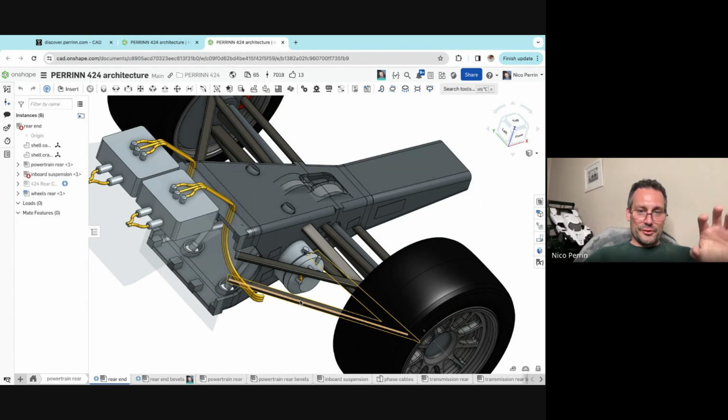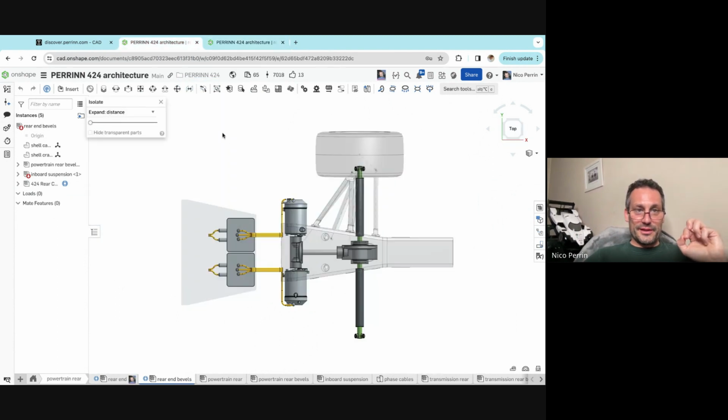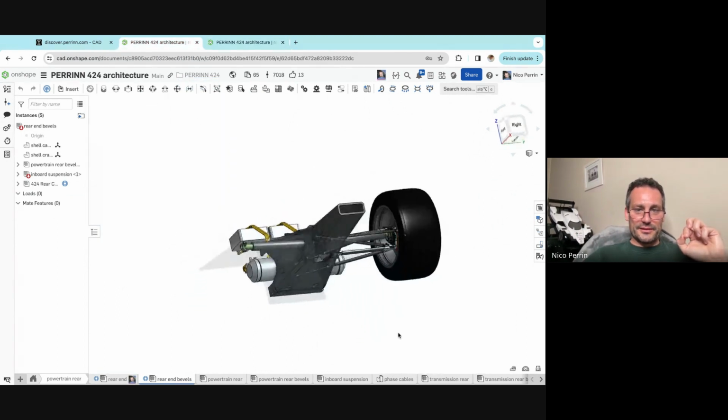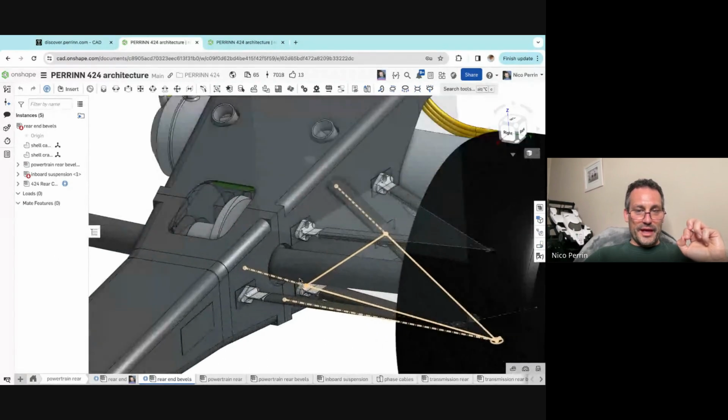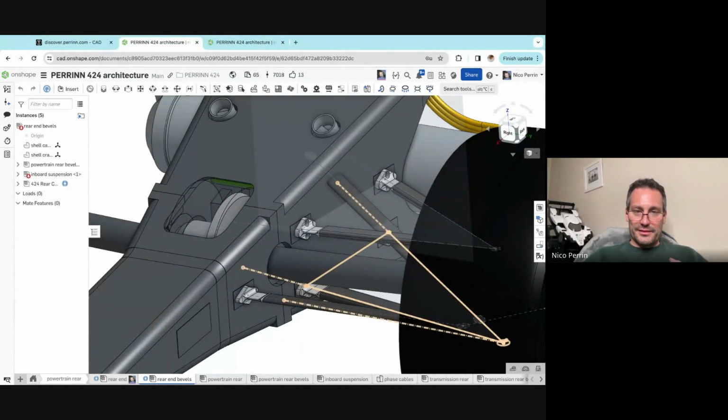I've created this new model because I wanted to change some of the locations for the push rod and wishbones. There is actually a better model in terms of detail that exists. You can see it here. We had a designer called Isla, and he did some work a couple of years ago, and we actually